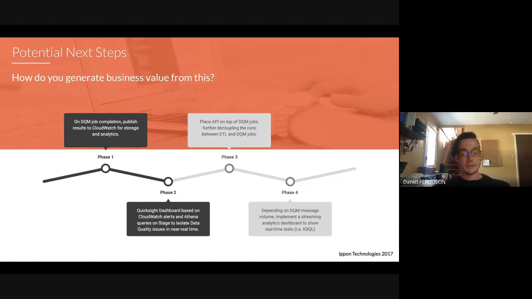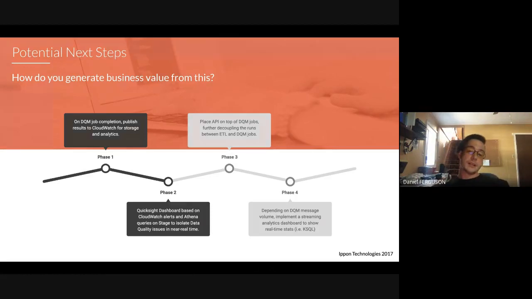And if you run these things on servers, you can set up the CloudWatch logging agent to pump logs out to CloudWatch for analytics and for monitoring. From there, you can create custom dashboards that will aggregate the performance of all these jobs and potentially allow you to come up with a scoring mechanism to show overall data quality, like a score of 1 to 1,000 for whether your data is of high quality or not, using these aggregated metrics on CloudWatch.